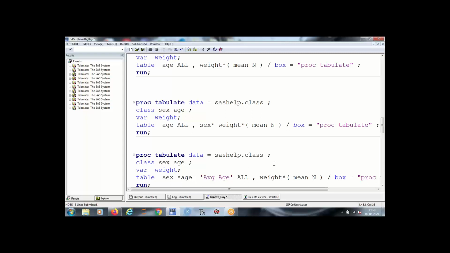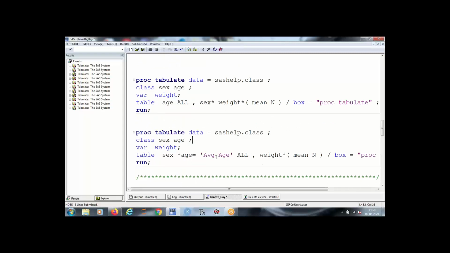Now by using the all keyword you can get the total at the bottom. Similarly, the way you have classified your variable on the column, you can classify your variable on the row level as well.